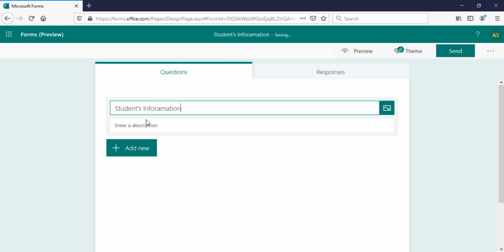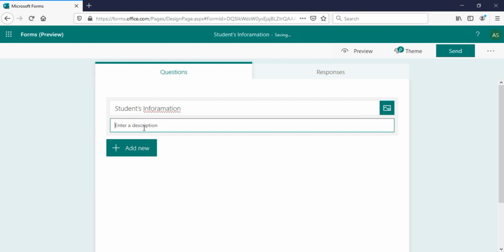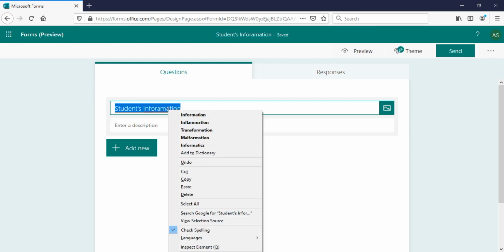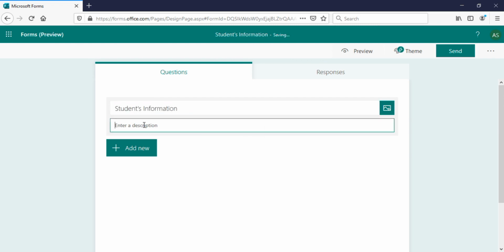Enter description: fill all questions are compulsory. Now start adding the questions. Click on add new. One more thing, you can use the themes also.